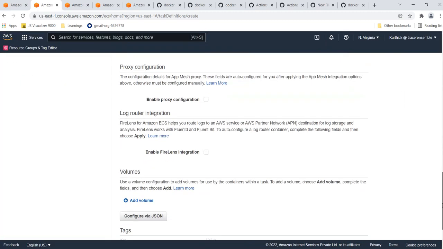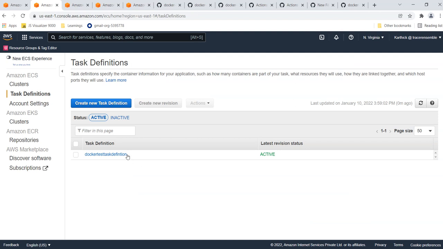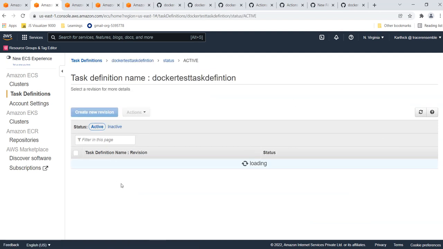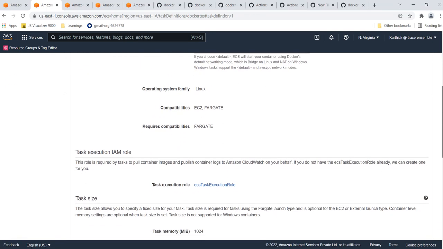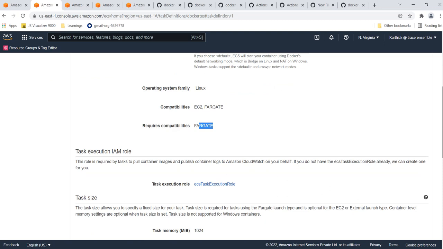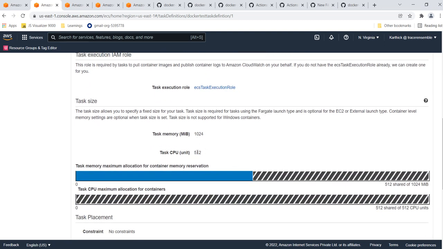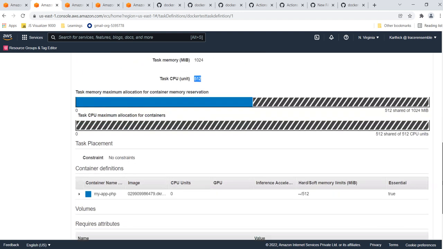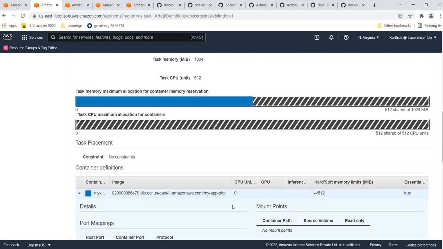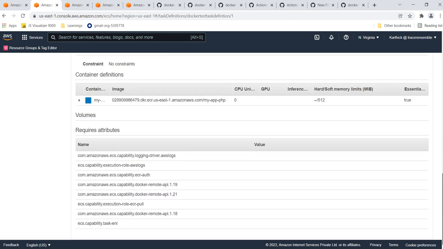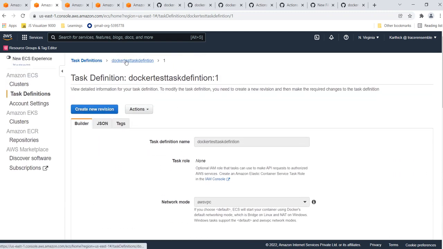So we'll see what the properties or values are in my task definition. This is revision 1. Here you can see what values I have given. I have chosen Fargate, and this is the IAM role, and the task memory is 1024 and the CPU limit is 512. I have mapped the container definition. This is the container definition. I have exposed port 80, and I have given the container name and the image over here. You can see the images and all. And this will be the container definitions, and the rest I have left as default values. And this is my Docker task definition.